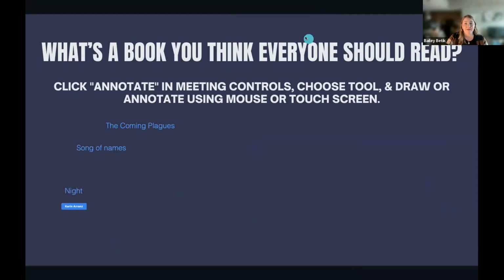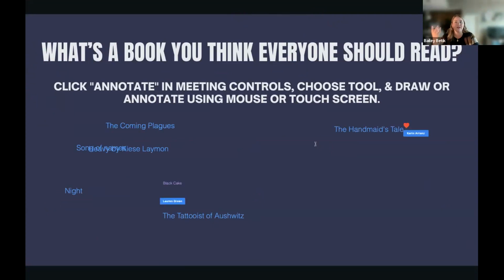annotating, finding that annotation control, there should be a toolbar that pops up. For me, it pops up in the left-hand part of my screen. Not sure where this would go, but you can find it over there. Becky has also done a great thing by just typing in the chat. It's a great example of